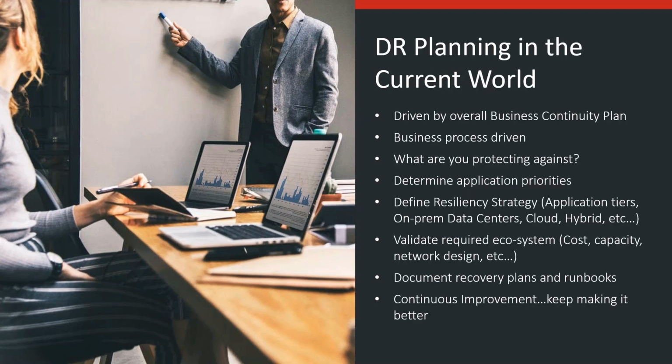I mentioned the application priorities. Depending on the priority of the business processes and what needs to be up at what time, you're going to prioritize those applications, and that's going to drive the strategy that you develop. That strategy is going to include which applications come up first. Am I going to recover into a second data center that I own, so an on-premise data center? Can I go to cloud? Or do I have some kind of hybrid strategy, which may have some of both?